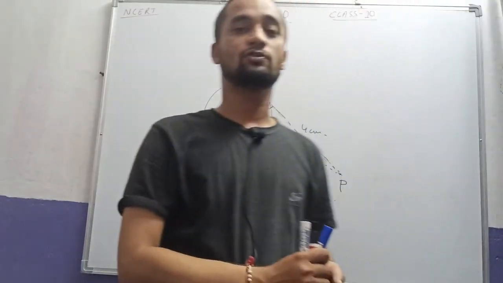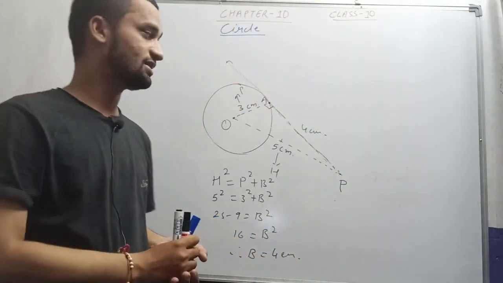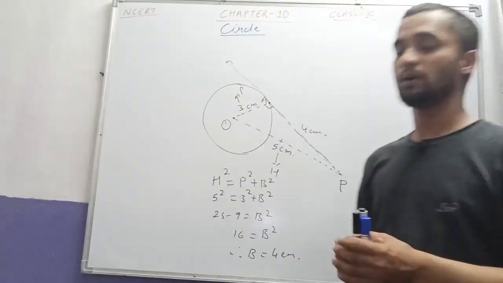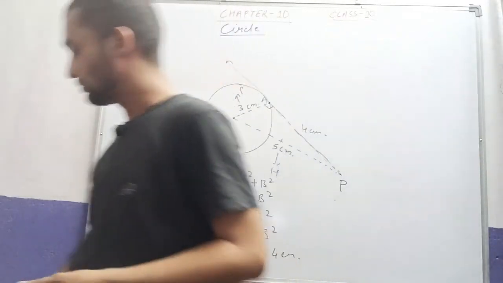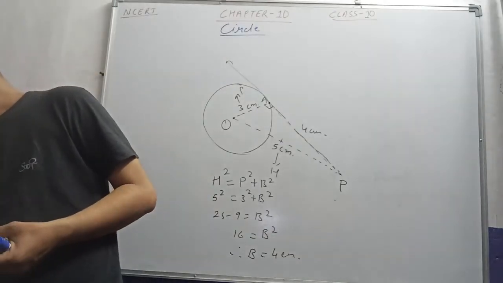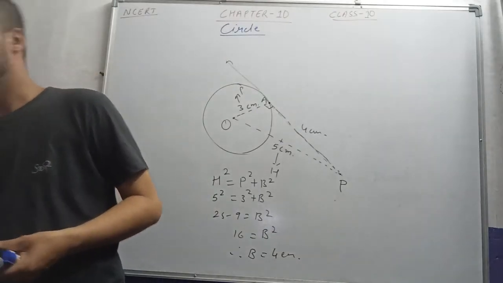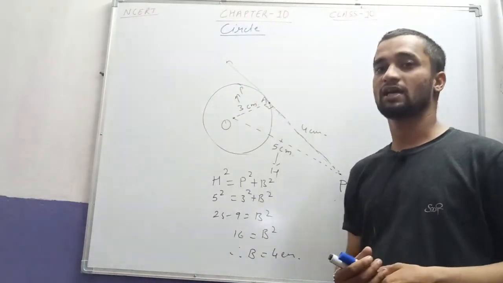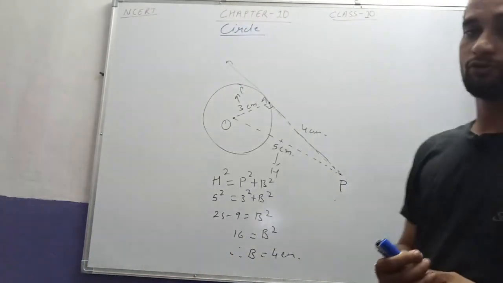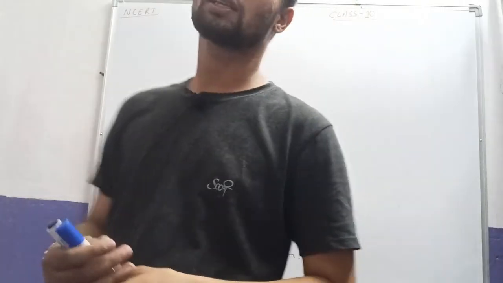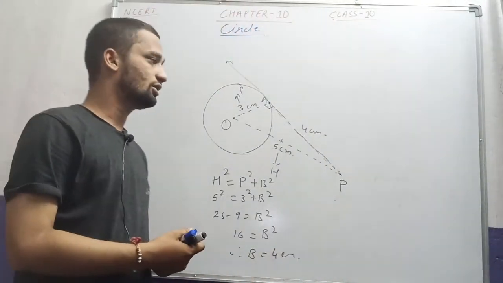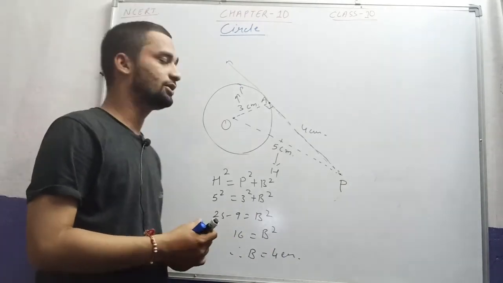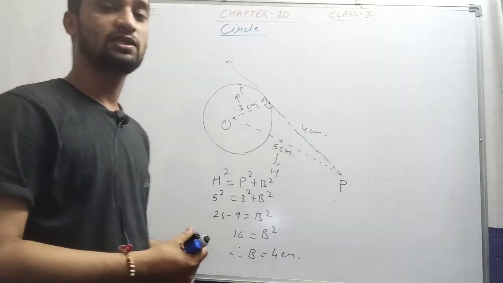In the next video we are going to solve exercise 10.2. 10.1 we already covered with the introductory part. In 10.2, the first 3 questions are objective, so from the fourth question we'll start in the next video. I hope you understand. Kindly go through your previous knowledge, your basic knowledge of the circle also. Try to learn the small definitions of the different parameters of the circles, so that it will be easy for you.